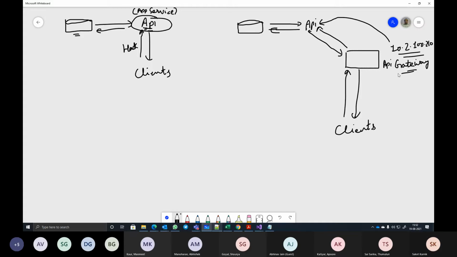Yes, this API gateway on Azure is provided by API-M. With API-M, it's not just gateway service, you get many more things. Like we're talking about self-service portal and all. Except the consumption plan, you have the self-service portal available everywhere. That's what we discussed in the morning. Am I right?